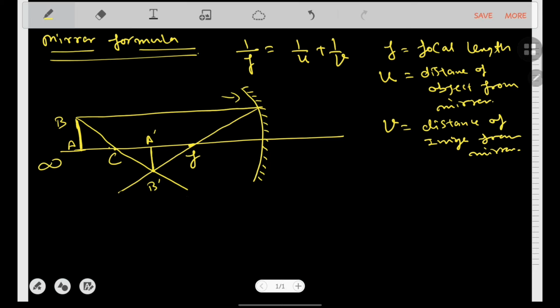From the cases of the mirror we get to know that in this type of situation, an inverted, real and diminished image will form. Real and inverted. Why is it real? Because it is in front of the mirror here. It will be inverted and this will be diminished, because it's just the next case of the concave mirror.